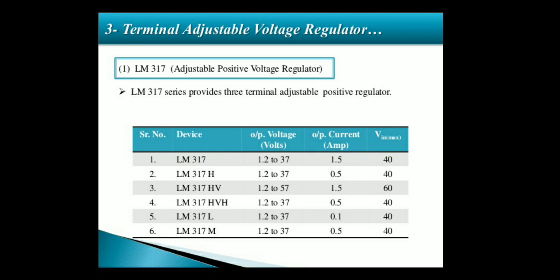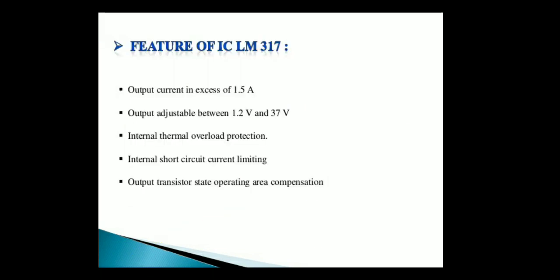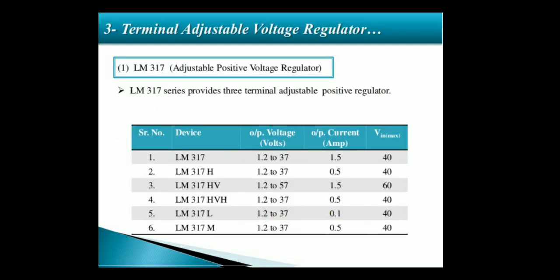Next one is the LM317. This LM317 is an adjustable positive voltage regulator. It may have 6 variations and their output voltage and current respectively. So the features of LM317 are output current in excess of 1.5 amps, internal short circuit current limiting. Internal thermal overload protection is also available. Next one is the